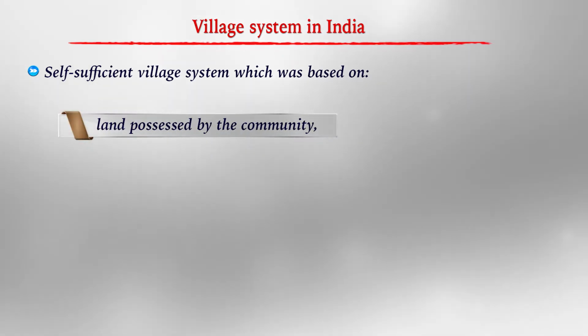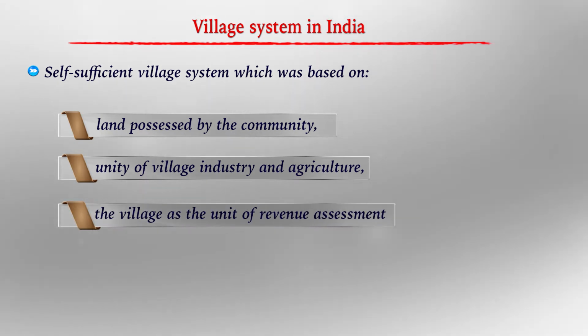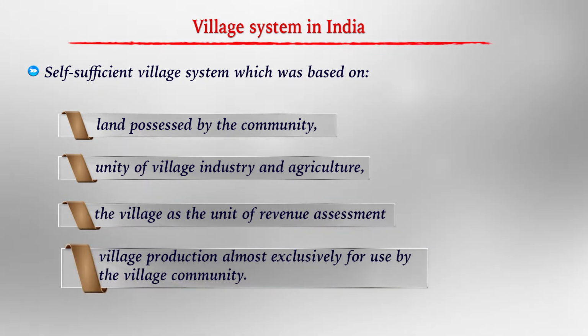have also explained that Indian society was primarily based on a self-sufficient village system, which was based on certain features such as: the land was possessed by the community, there was a unity of villages in terms of their agricultural produce and the rural industry. The village was a unit of revenue assessment, and the village production was mostly used by the village community. So, for centuries, despite the foreign invasions, military conquests and religious upheavals, a number of features remained common across the